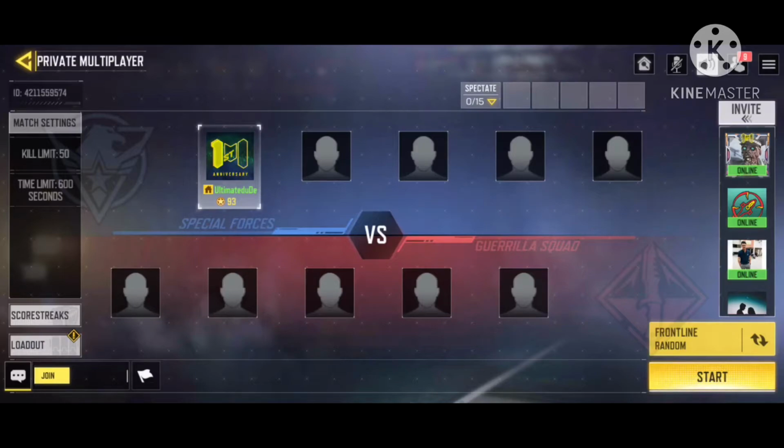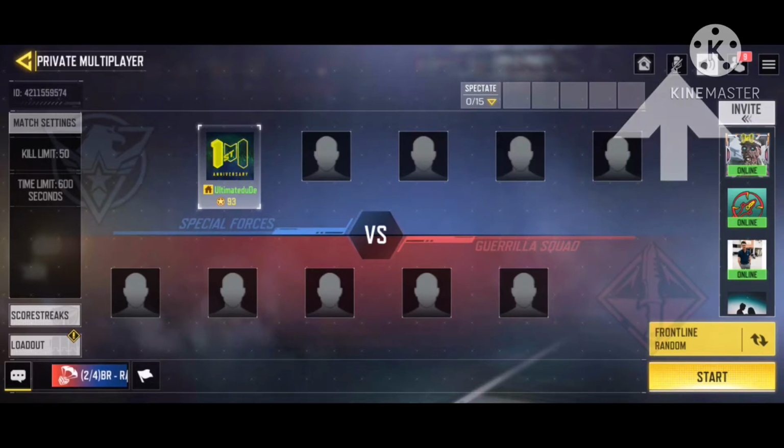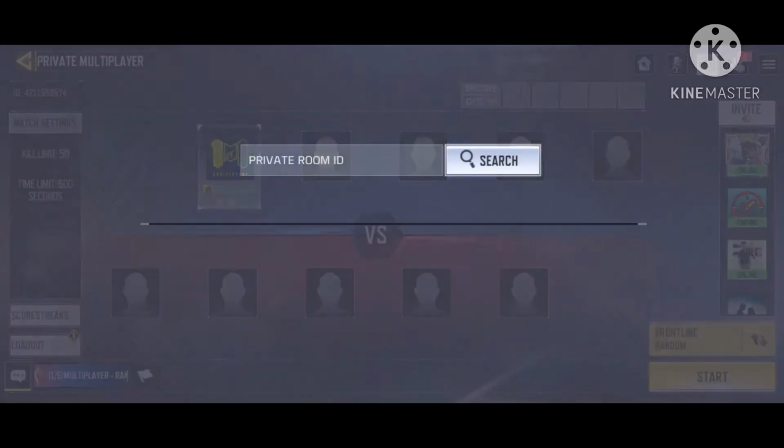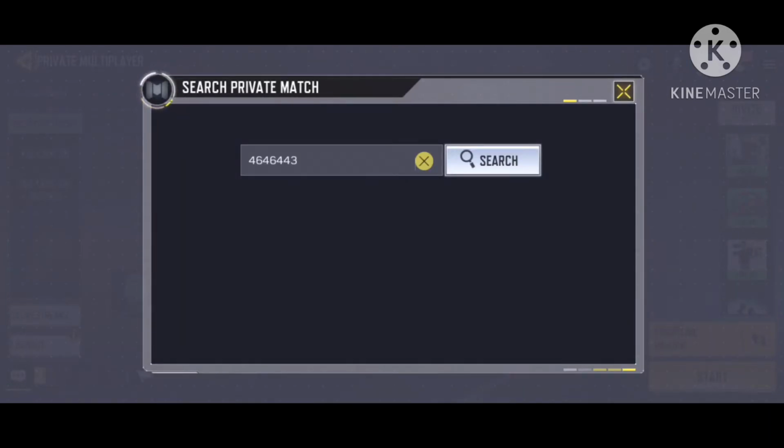So for example, someone has given you an XYZ ID, so you can see a home and a search sign here, or a magnifying glass you can say. So you have to click on here, and then you either paste the code which your friend gave, or you can simply write it. So I am writing it randomly, and when you click on search, this room would not be available as I have written it randomly.